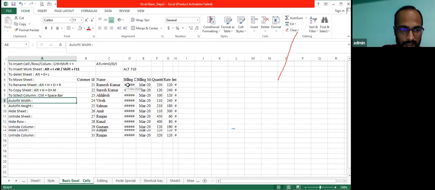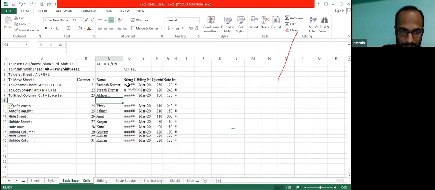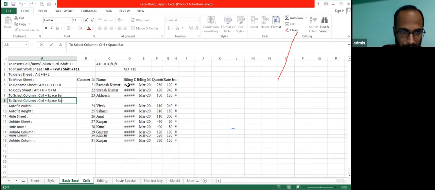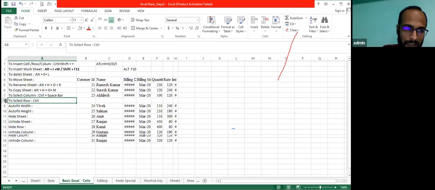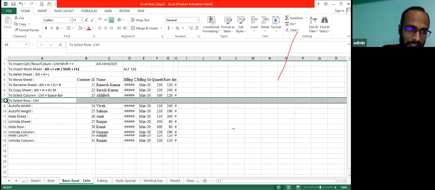It is done. Then to select a row, there is also a shortcut for this. Let's suppose I have to select this row. Then I just need to move my cursor to row number 8 and click here.